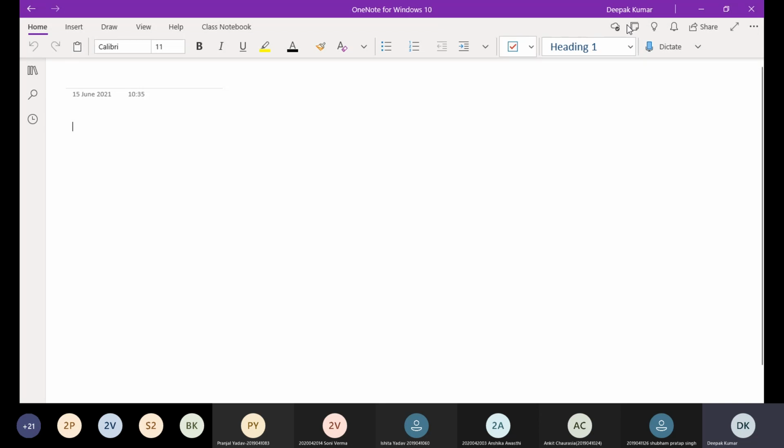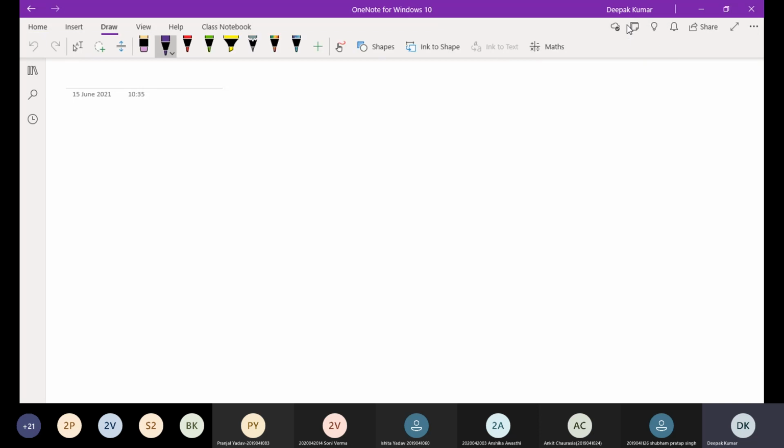So start with the definition. What is impulse response? Impulse response is the response of the system when an impulse input is applied. What is step response? Step response is the response of the system when a step input is applied.